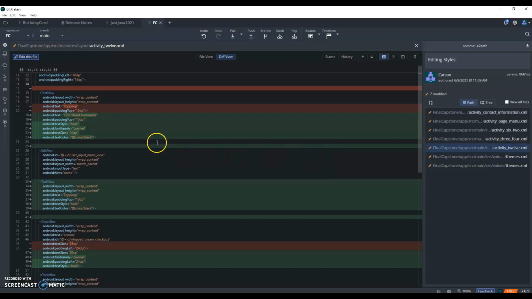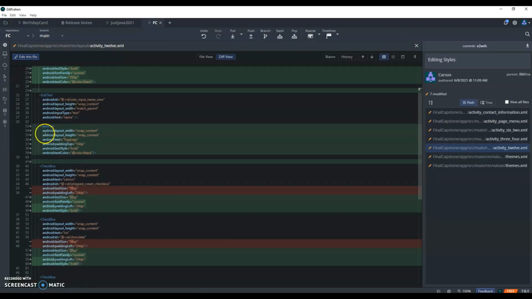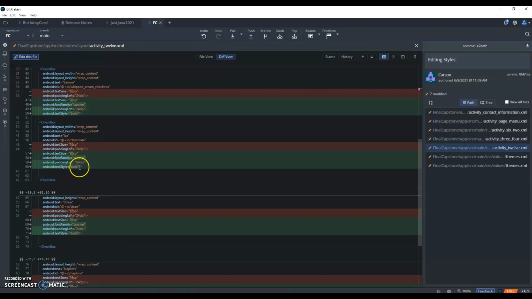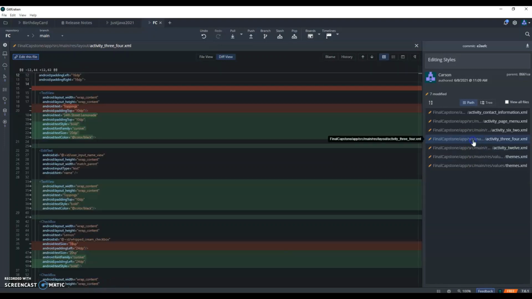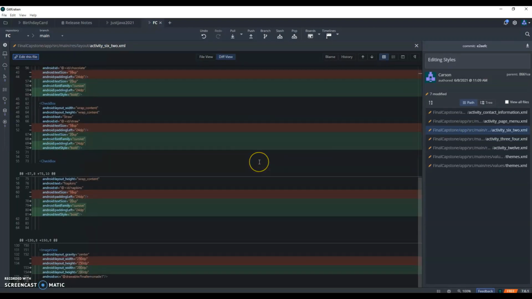Then I also added the 12th, labeled the top of each page, and I fixed the toppings text view as it was above the edit text and should have been below. I also, for every checkbox, increased the size by 4, had it cursive, and bolded it. I had to edit the image view size as it was going off the page, and I did that for 3.4 as well, and I did that for 6.2, and then